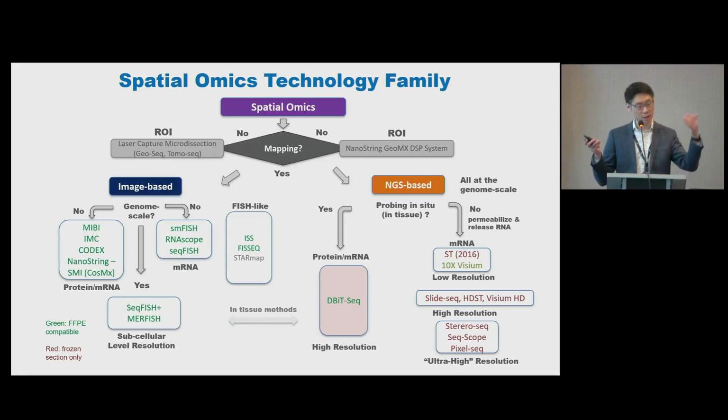For example, the mass tag to image the protein expression using mass spec, and then the specific mass antibody conjugate mass probes to image the presence of the protein directly in the tissue. You can also do cyclic immunostaining and image over multiple rounds, and eventually can get an extremely high plex. So I think the whole